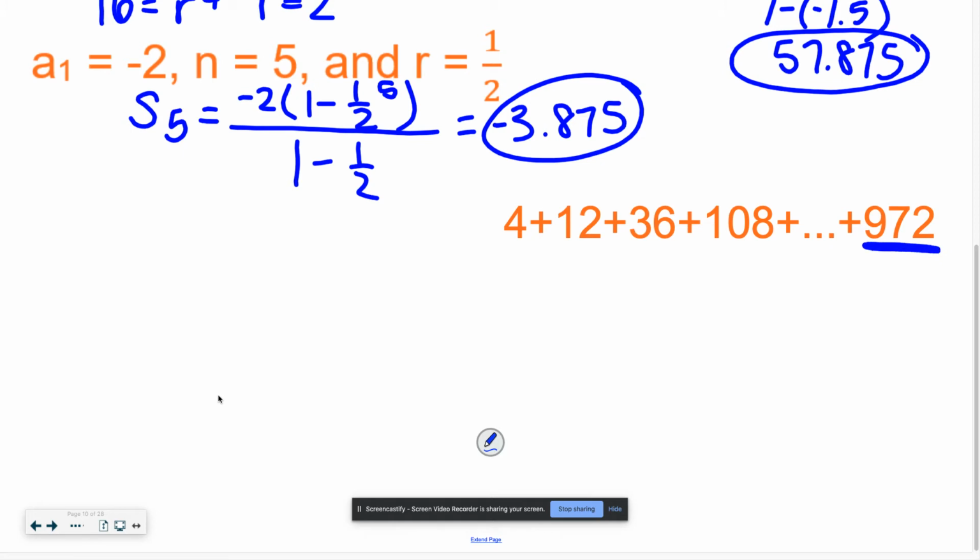We don't know what 972 is. So if I use the formula from before, 972 is equal to my first term times my common ratio, which in this case is being multiplied by 3, and then the n minus 1. So if I take my 972 and divide by 4,